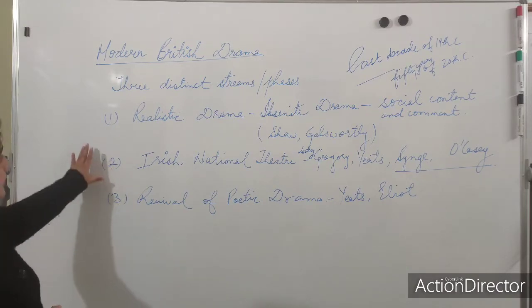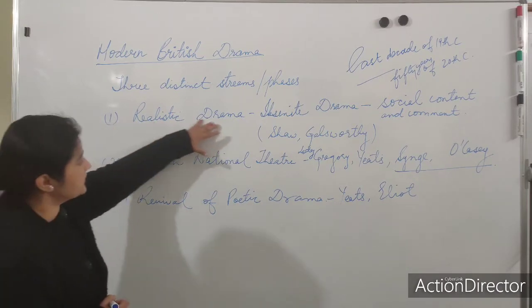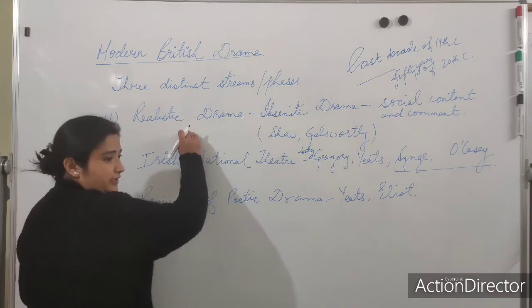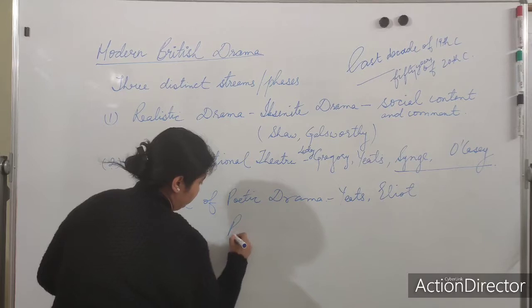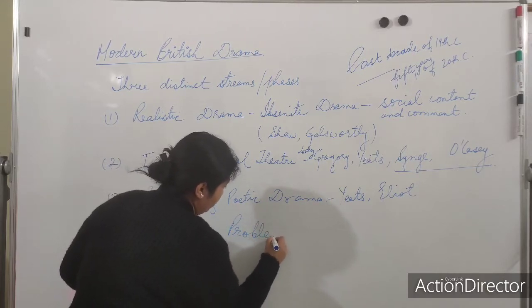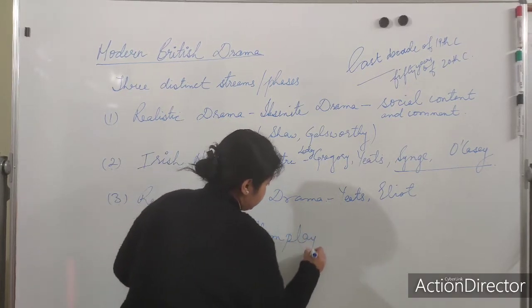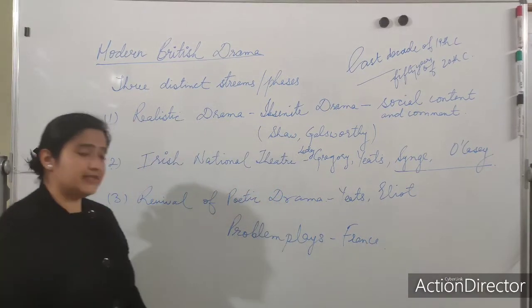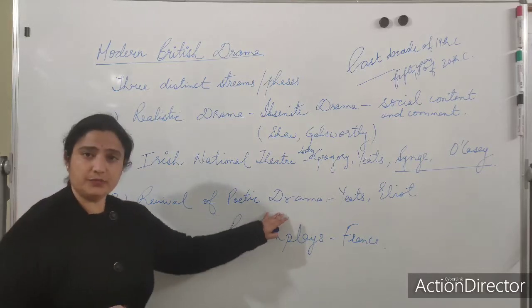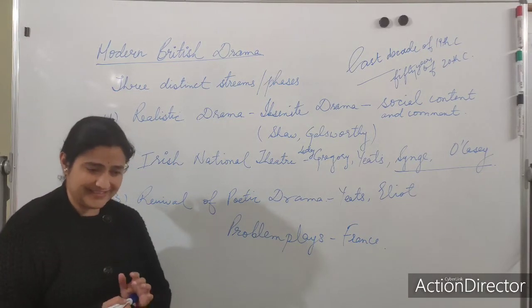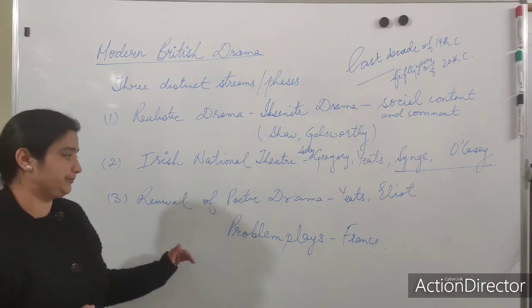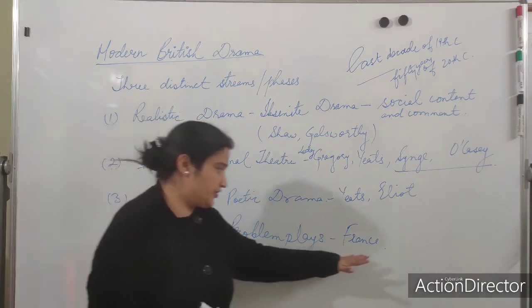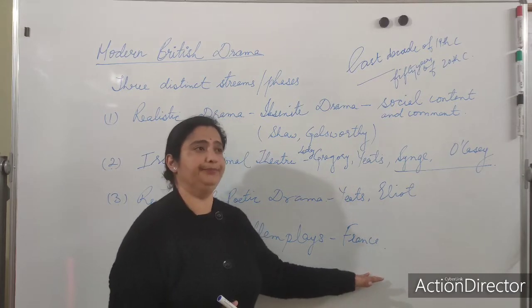Okay? And also remember, from this category of drama, not specifically here I would say, there is a category of play which is called the problem plays, right? It started somewhere in France. Now this category, one category is poetic drama, the other is problem plays. This kind of plays, they were started, or you can say they originated in France.